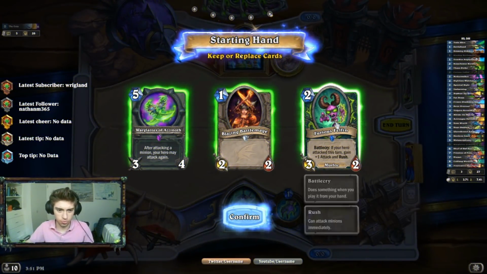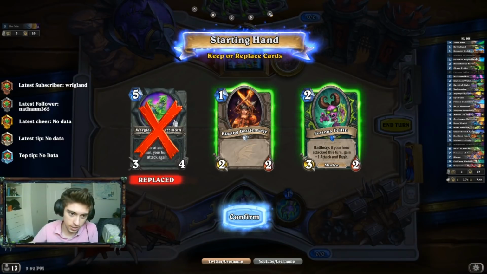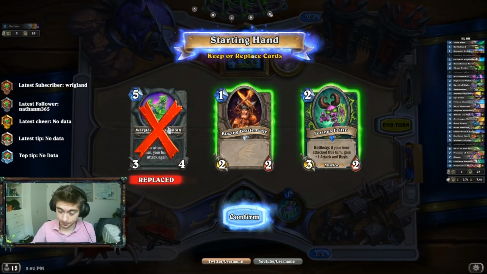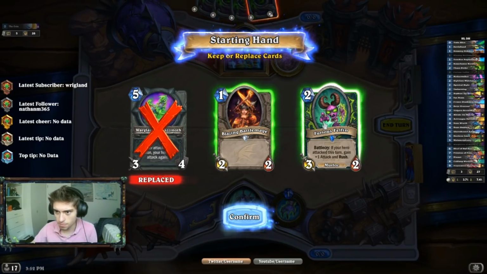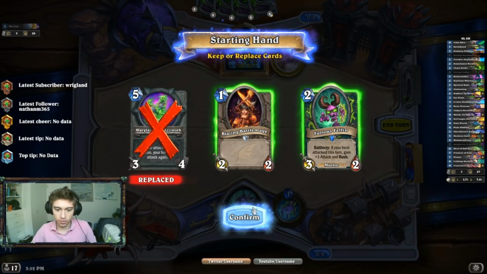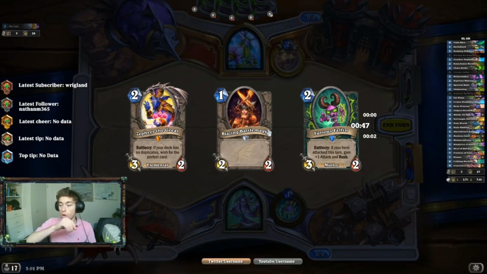Sick. Okay, so pretty decent start. Ferocious Felfin, sorry, is not necessarily the best 2-drop, but he is a 2-drop, and you're not really going to need the rush, so it's better to just have those tempo plays to help you try to beat...